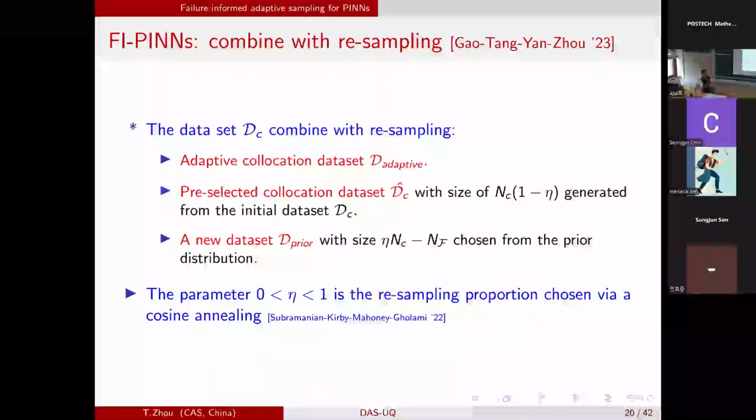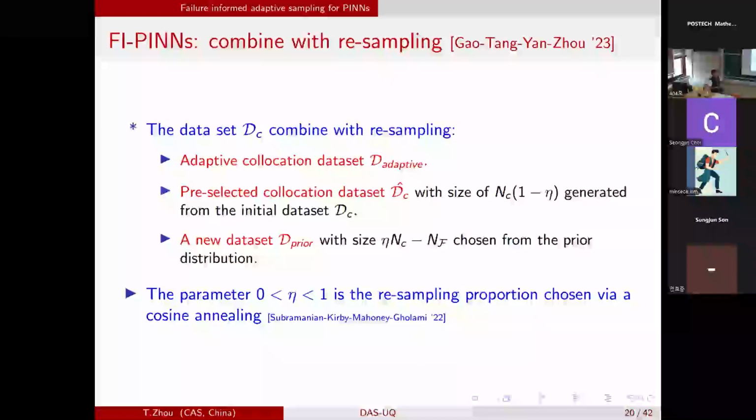Imagine that in finite element method, you have a method called the moving mesh method, where the idea is that the number of meshes is fixed. Suppose you only want to use 1,000 meshes, and then the moving mesh method means that for each iteration you will move the mesh, not add the mesh, not divide the mesh into two. It's just move the mesh to the singular region, and keep the number of meshes unchanged. This is the moving mesh method in finite element method.